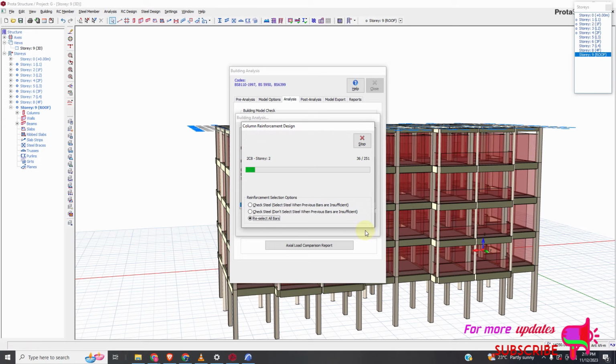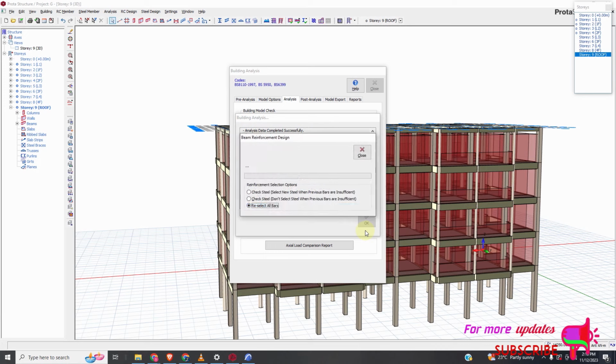So it is designing column reinforcements. Designing beams. Beams are so many, so it can take some time here. So Protastructure is actually a very good software for design. So you can do your design, although it is